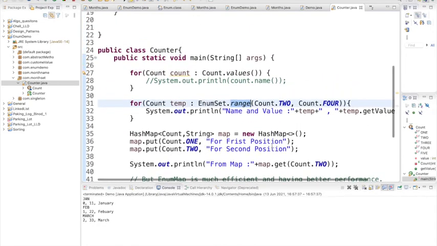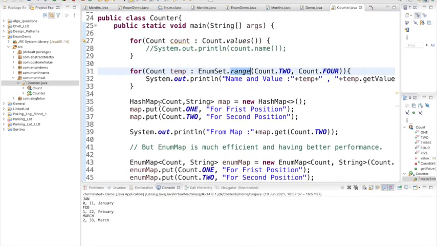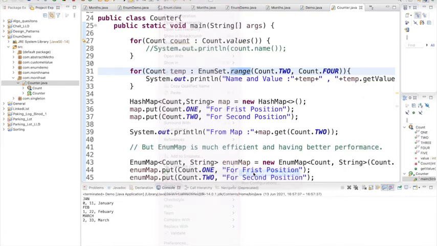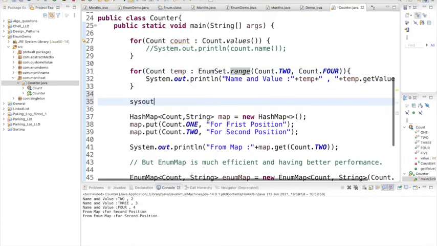Let me run this code. See, it is showing from 2 to 4, right? This is the output, 2 to 4. This is another output, but till here is what I want to show, just see the output till here only.